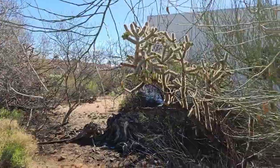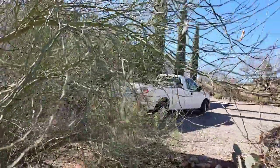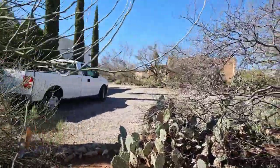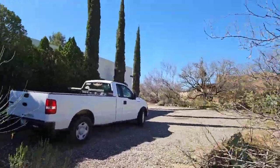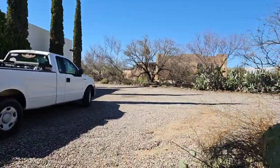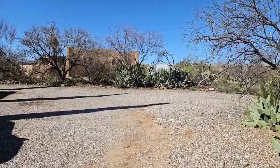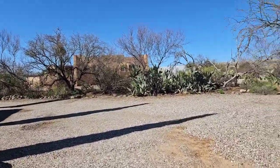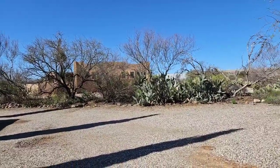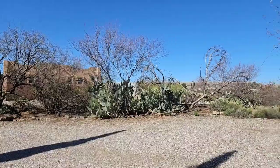And the seed pods, when they're soft, are edible. And when they're dry, you take them off, you grind them into a powder, and you can use it like flour. So when it gets to, let's see, more towards the end of March this month, I will show you the yucca blooms, how you can just pick them off the yucca and you can eat them. Also,